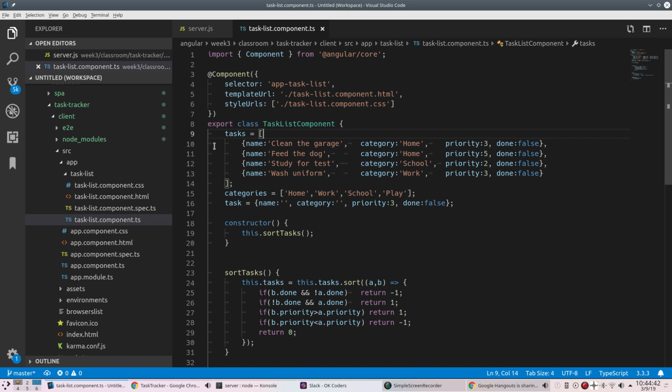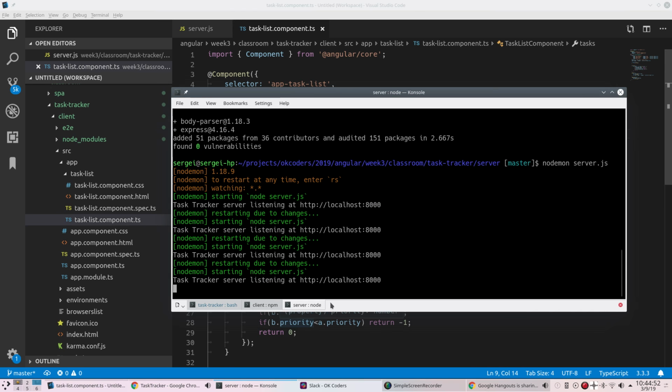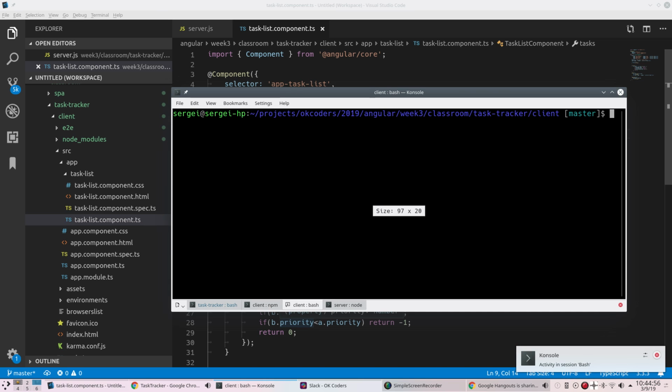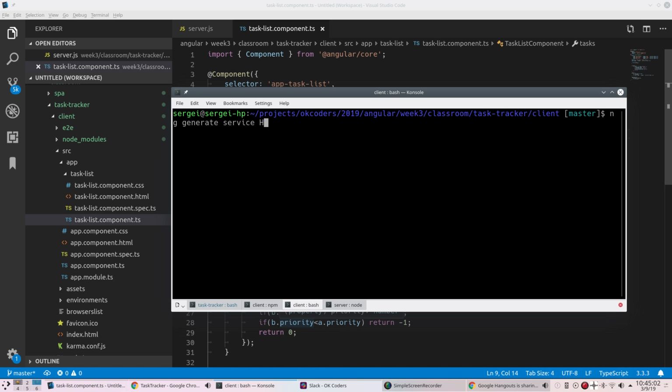So I'm going to create all my server-side code. All my code that talks to my server-side is going to live in a separate area. It's not going to be inside of our task list component. So what I'm going to do is on my client side here, I'm going to create another tab, and I'm going to do an ng generate, and this time I'm going to generate a service, and I'm going to call this